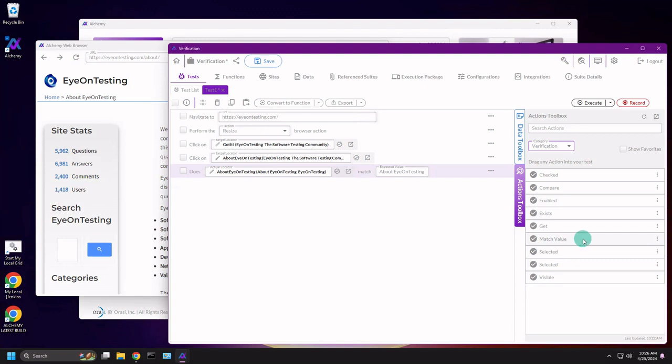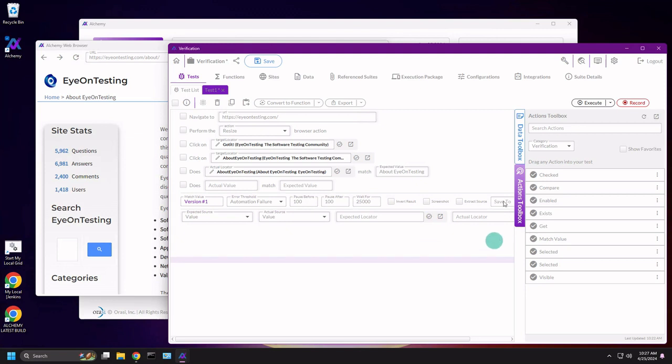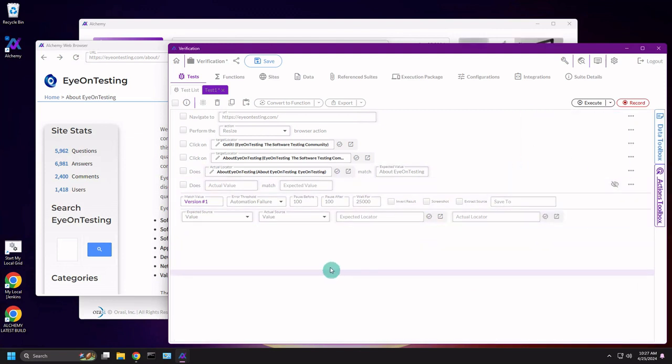That's the action that we want. We'll look more about actions in a minute, but I'm just going to drag this action into here. So you'll see, does actual value match expected value? It's very raw right now when we first put it in. And I'm just going to get rid of that drawer there. Now, what we need to do is configure these parameters again. We need to do this manually since we're not recording. So what we want is the expected, I'm sorry, I keep saying that backwards. The actual